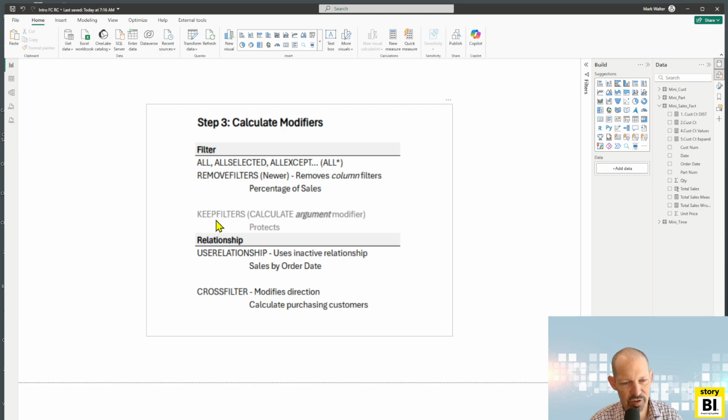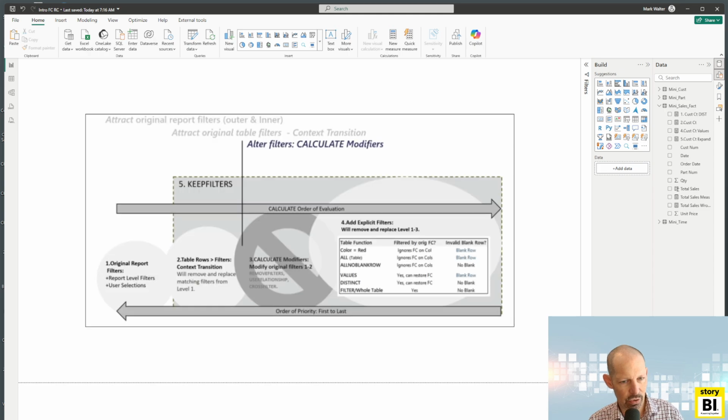You'll notice that I have KEEPFILTERS here. It's not technically considered a Calculate modifier, but is more focused on modifying the calculate arguments. So we put it here. We'll talk about that later in step 5. And then moving down to the relationship calculate modifiers, these are modifying the relationships that we drew between our dimension table and our fact table. The first one is USERELATIONSHIP, which allows us to activate an inactive relationship for the life of our measure, and then CROSSFILTER, which allows us to modify the direction of that filter. All right, let's move on to